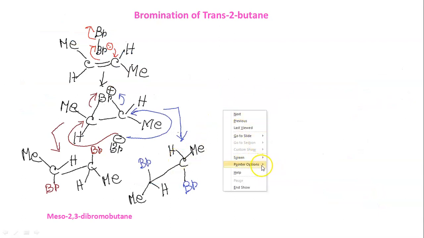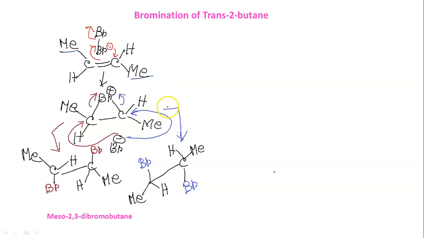Next we have an example of bromination of trans-2-butene. So now we have taken trans-2-butene with the methyl on the opposite side, and just follow the arrows. Different colors are there. So we are getting again a meso compound. How will we understand that it is a meso compound? Just rotate it. So the structure that we will get, okay. If you cut the molecule by placing a plane here, there is an internal plane of symmetry. Both sides are mirror images of each other. So this type of compound is meso.